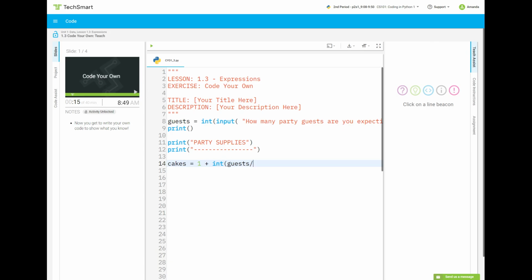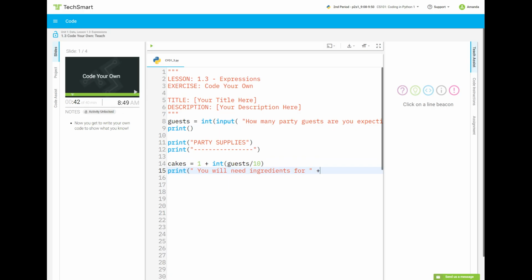So I said guests divided by 10. And this is to calculate if we get 10 slices of cake out of one cake, and so on. Okay? And then we're going to print, parenthesis, quotation mark, and we'll say you will need ingredients for